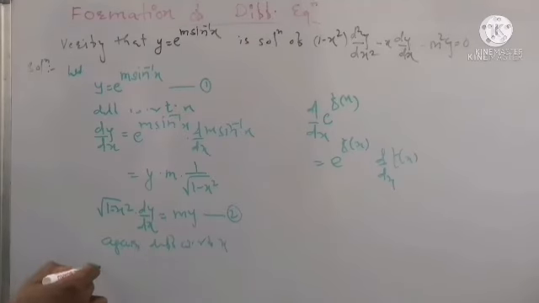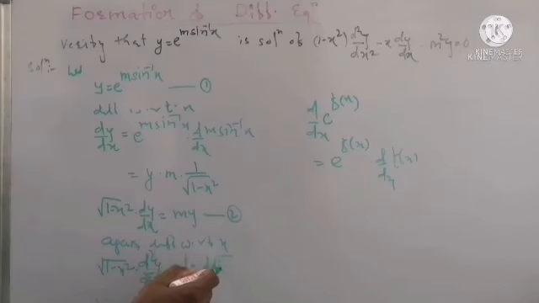Now root of 1 minus x square is the first term, as these terms are in product, so we take the derivative of the second term dy by dx as d square y by dx square, plus dy by dx remains constant, and we take the derivative of root of 1 minus x square with respect to x. And on the right hand side m is a constant, so it remains as it is, and the derivative of y with respect to x is always dy by dx.